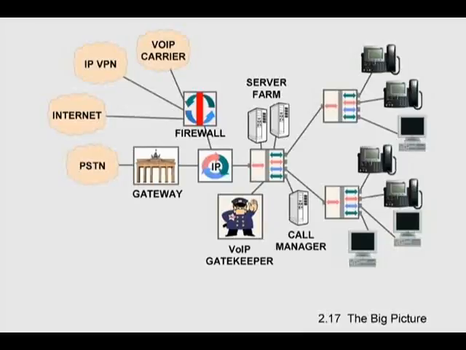And then we could connect to the internet so people can do web surfing, not for voice over IP. We could connect to a managed IP network, and then we could connect to a native voice over IP network in the future for doing voice over IP from one building to another over wide areas and have guaranteed quality